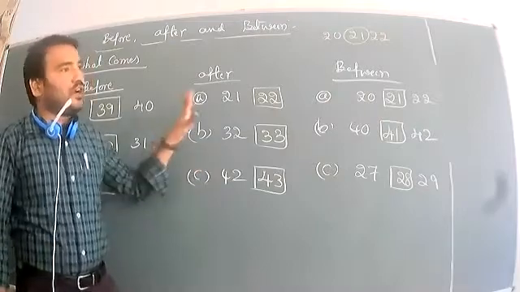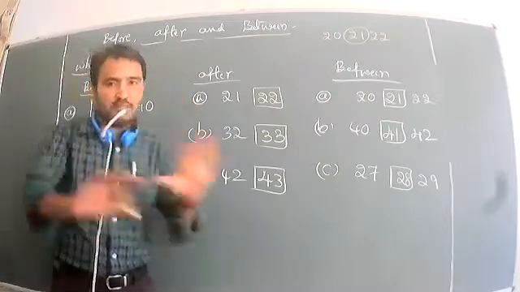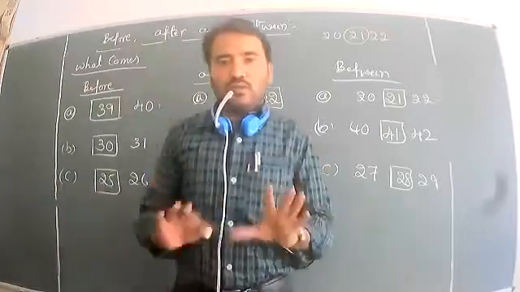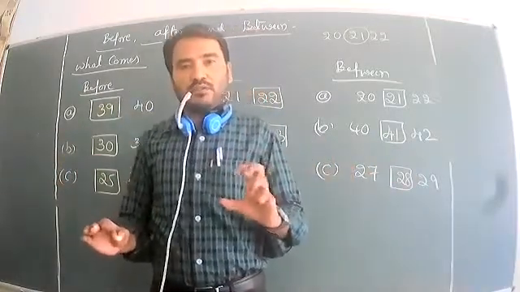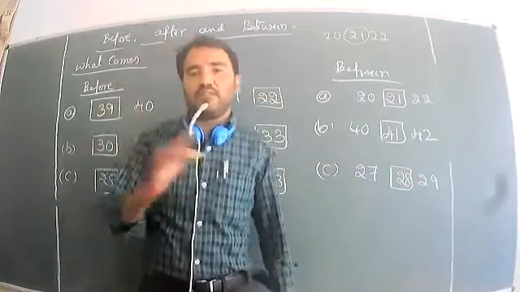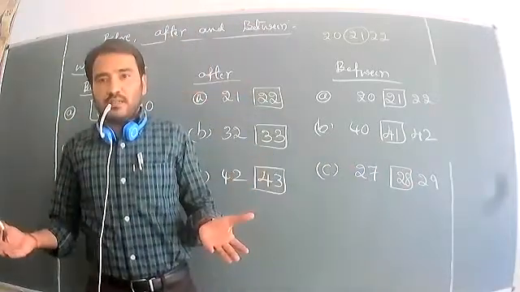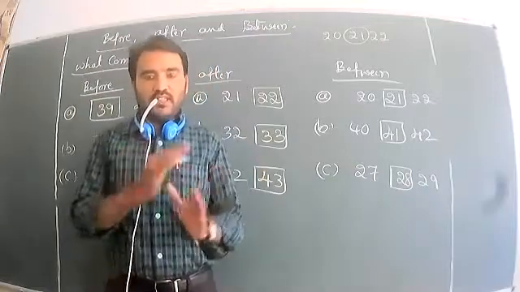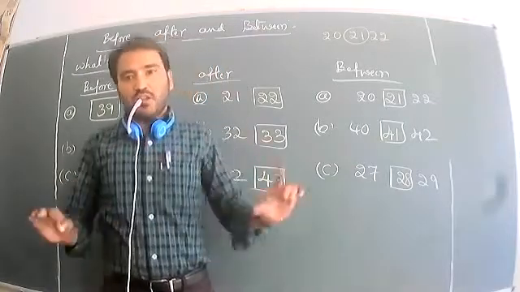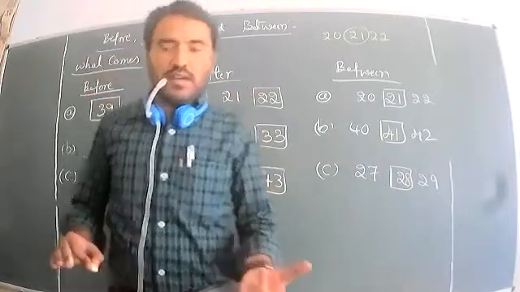Guruji, how to write the numbers? We have to write all the numbers 1 to 50. We can find which number is the numeral. You already all know the numerals. We can find which number is the between number, which is the after number, which is the before number. So we can easily find the numbers. Write all the numerals, so we can find the answers.